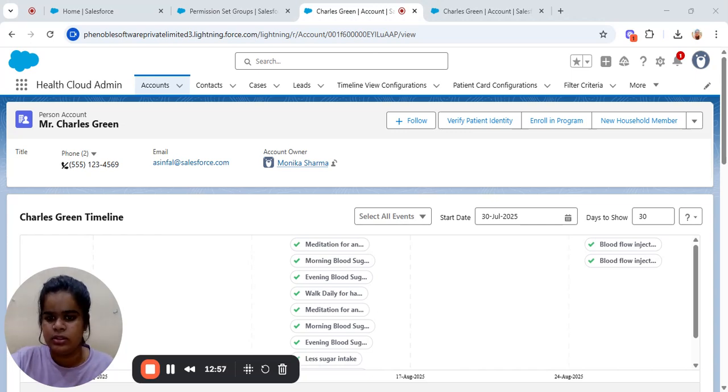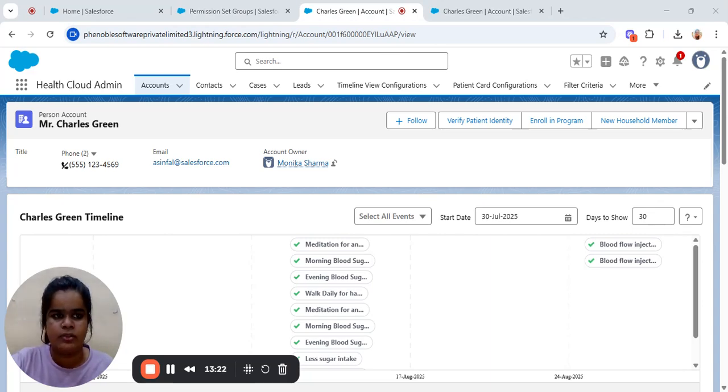Let me just summarize what I have discussed in this video. Health Cloud permission helps give the right people the right access to the patient information and protect privacy. After that, we can set up the permission sets for the groups based on the user's role or profile, and only assign what they need.